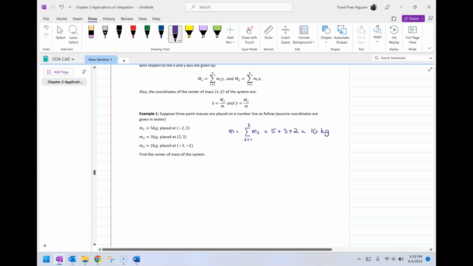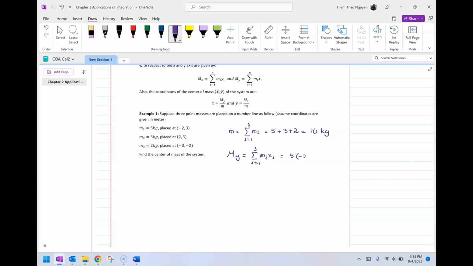The next thing, we will find the moments with respect to the x and y axes. m sub y equals the sum from i equal 1 to 3 of m sub i times x sub i. So now we have 5 times negative 2 plus 3 times 2 plus 2 times negative 3, and that is negative 10. The moment with respect to x